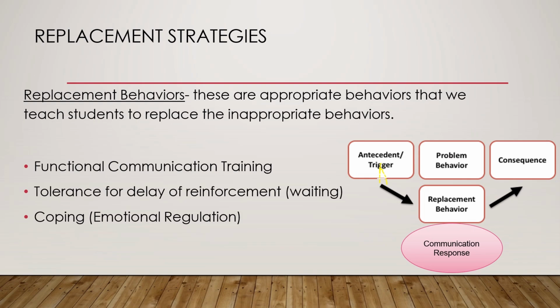So we are talking about replacement strategies. Functional communication training is essentially a replacement strategy. We just talked about the antecedent, or the trigger of the behavior. We talked about the problem behavior, and we talked about figuring out what our ABC was, our antecedent, our behavior, our consequence. Now we need to figure out what behavior we are replacing, and we're going to replace that with an appropriate communication response. Okay, that's our goal today. We're going to replace it with a socially appropriate communication response because everybody needs those.